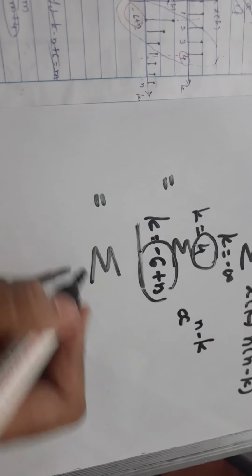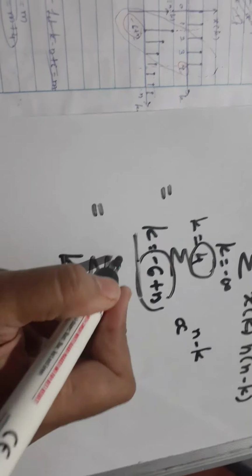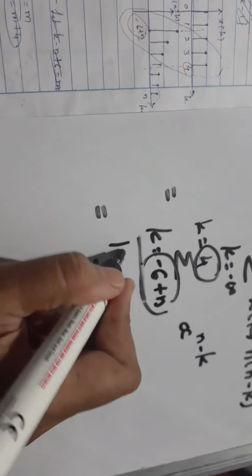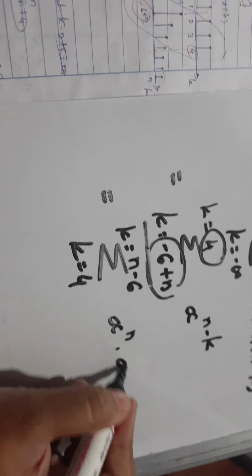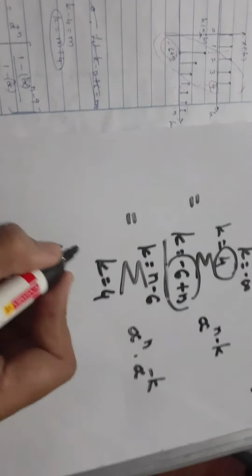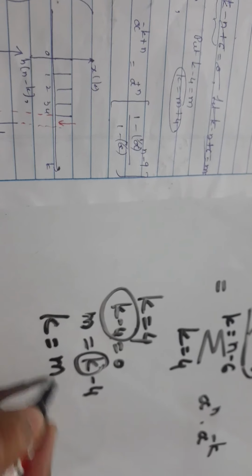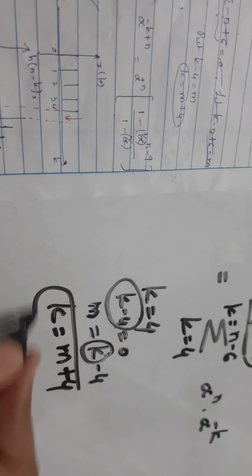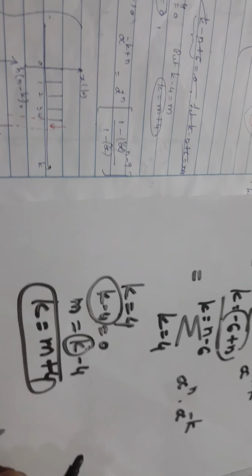If you exchange the limits, k goes from n minus 6 to 4, since minus 6 plus n is n minus 6, and alpha raised to n, alpha raised to minus k. Now for rearranging this, we have k equal to 4, that is k minus 4 is equal to 0. So put this k minus 4 equal to say m. Substitute k minus 4 as m. So what will k be? K is equal to m plus 4. These two are important points.